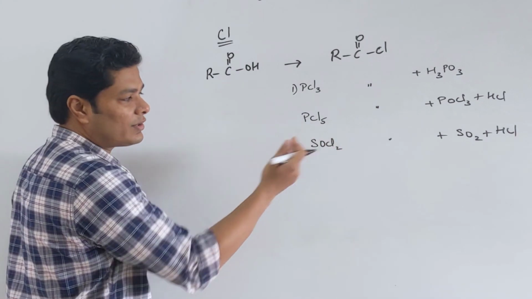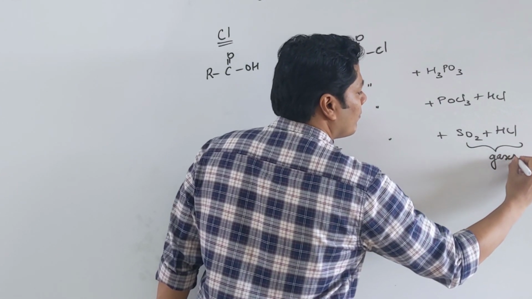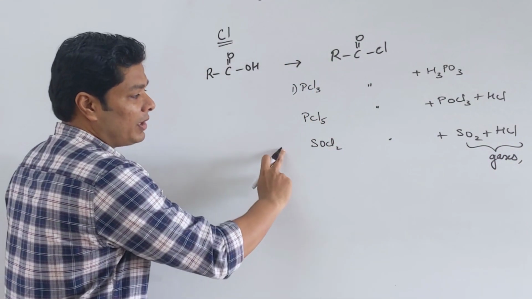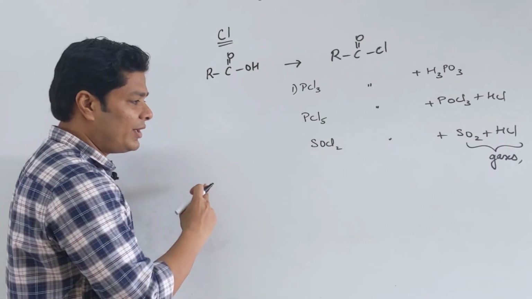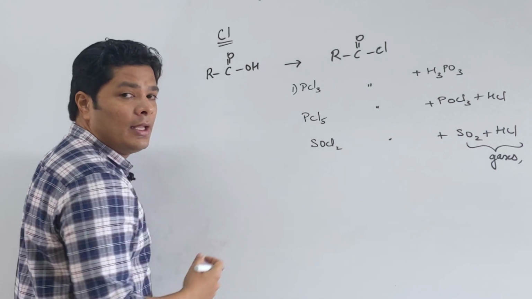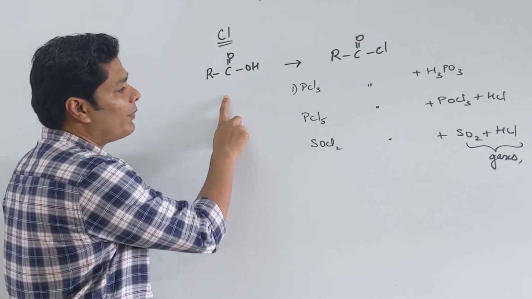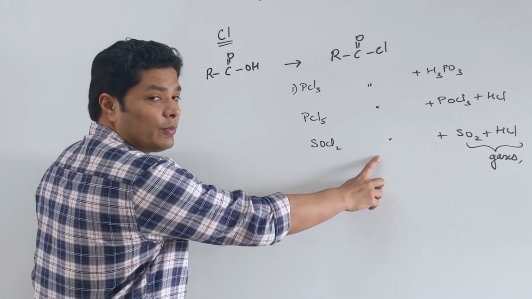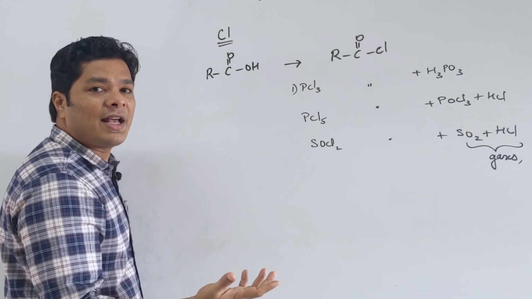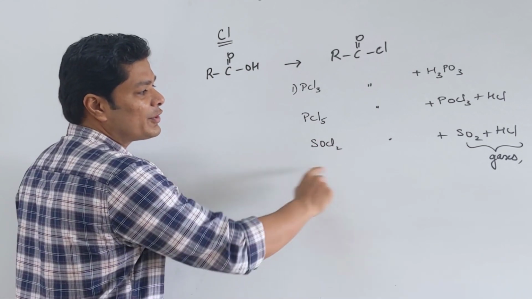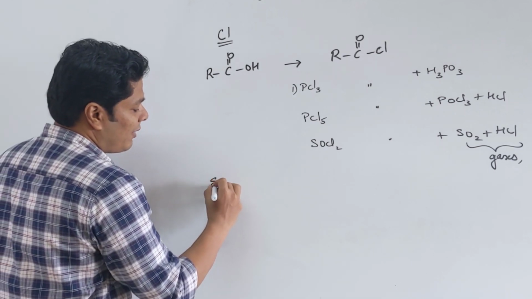reacting with these three. So just remember that, and again remember these two are gases. This particular reaction with SOCl2, I cannot stress the importance of that. It has come so many times in A gives you B, B gives you C, reactions like this. Imagine what all we can do with it. RCOOH can be converted with SOCl2 into RCOCl, and now the RCOCl is a substrate for Friedel-Crafts acylation reaction. So hence it is extremely important. So this is chlorination.